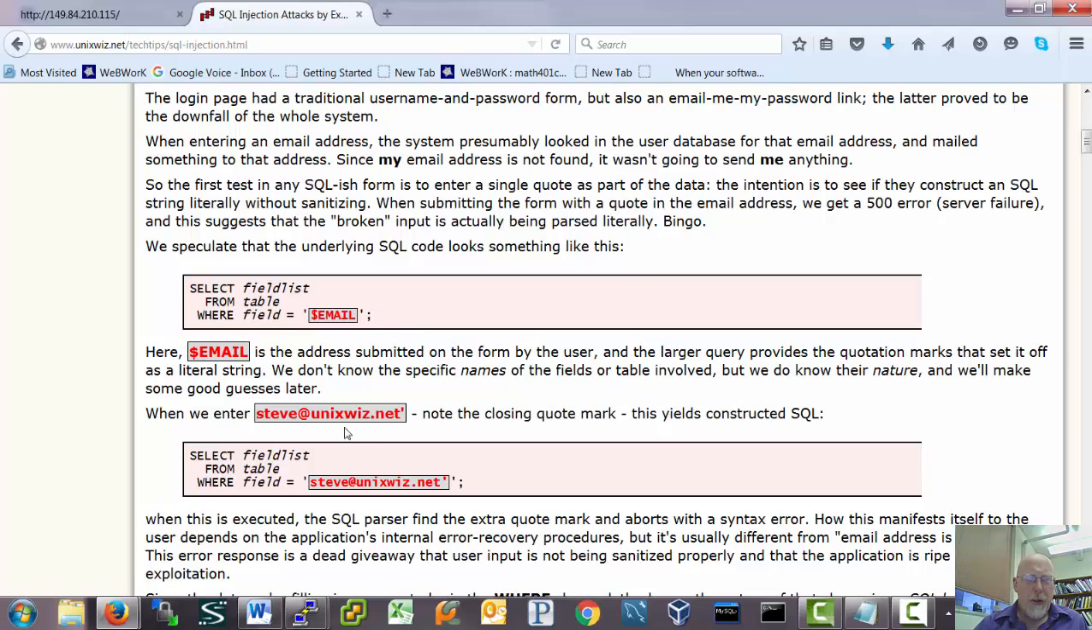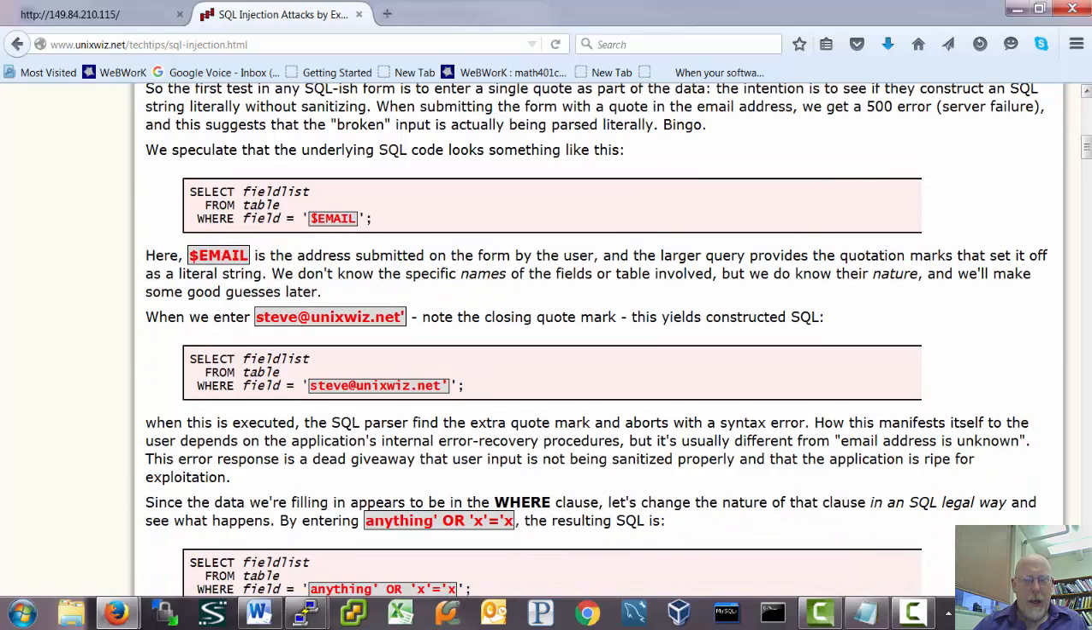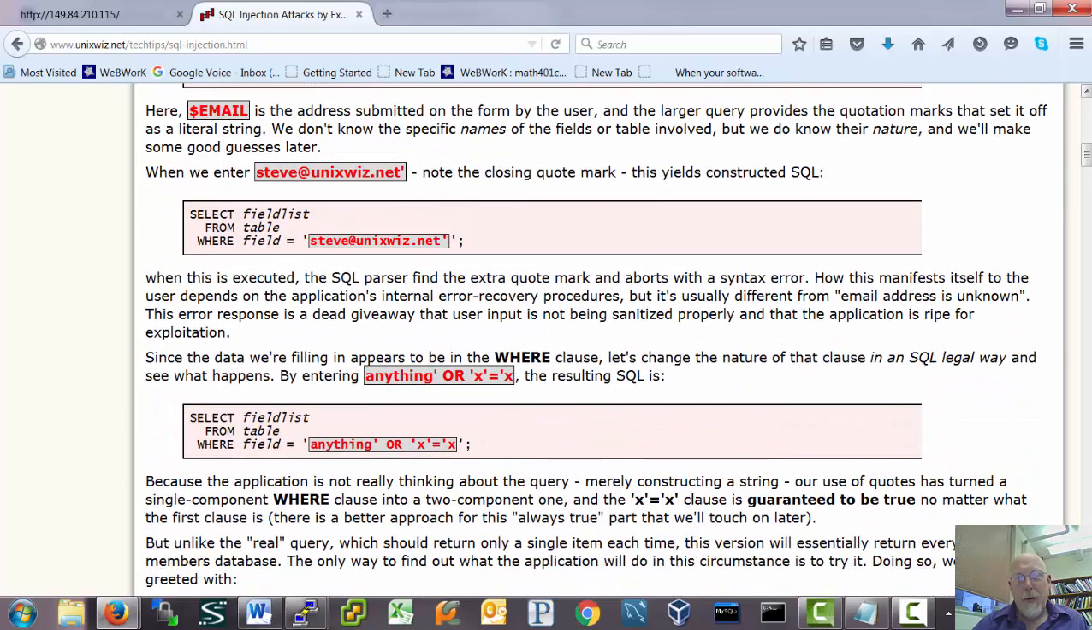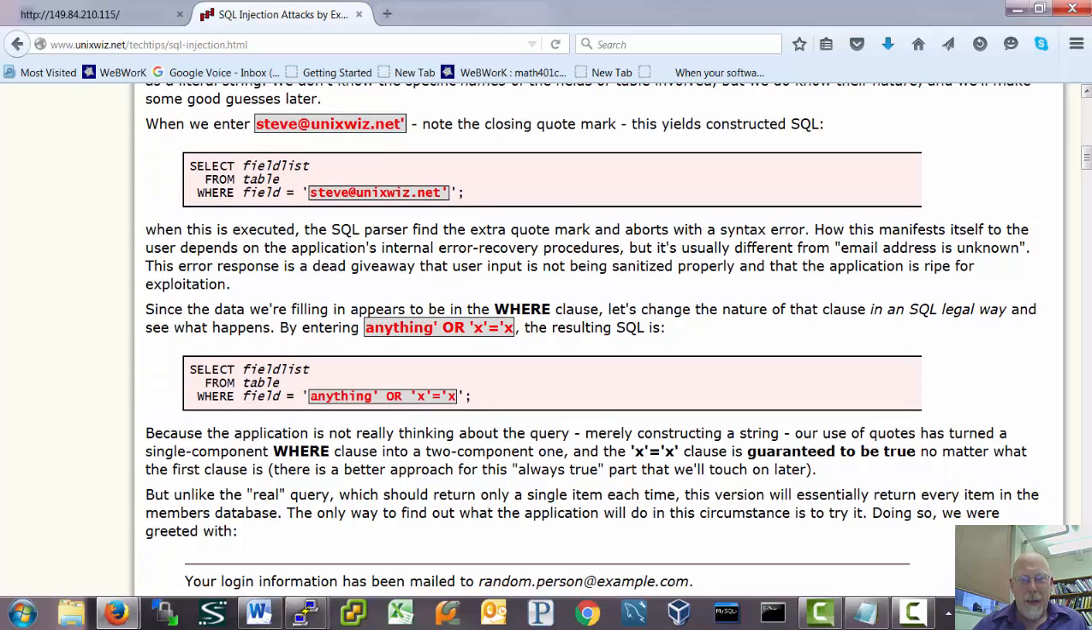So suppose that the person types in their email address like this, then things go fine. You look up that email address and you get back what you want. But suppose the person knows something about databases and types in this exactly: anything with a single quote here, or x equals x. So what happens when you put this inside